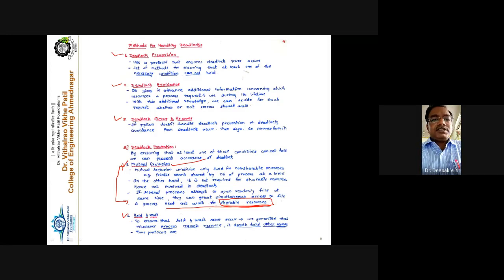Now the hold and wait condition says that to ensure that hold and wait never occurs, we guarantee that. See here, why does hold and wait occur in the system? For example, suppose process P1 is holding some resource, for example R1. So R1 is allocated to process P1, but P1 is waiting to get resource R2. So this is called your hold. This is holding R1 and this is waiting for resource R2. Clear? So to prevent this nature, this is called hold and wait.